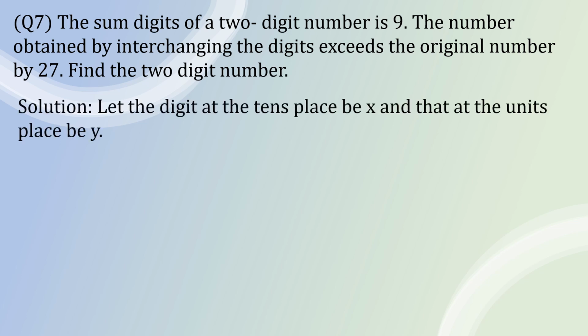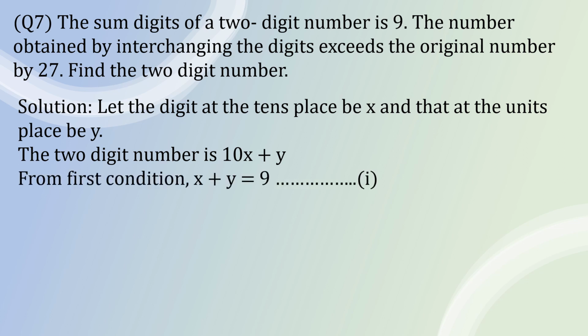So let's give variables to this. Let the digit at the tens place be x and at the unit place be y. Okay, so students, the 2-digit number will become 10x plus y, because tens place x we have assigned. So you know 20, 30, like that. So 10 is a multiple of 10, not tens place. So 10x plus y will be your 2-digit number.